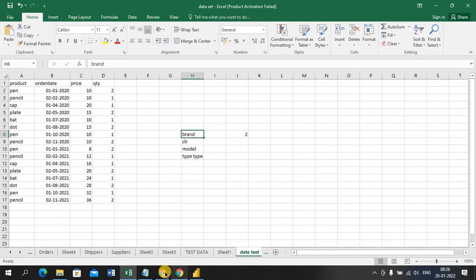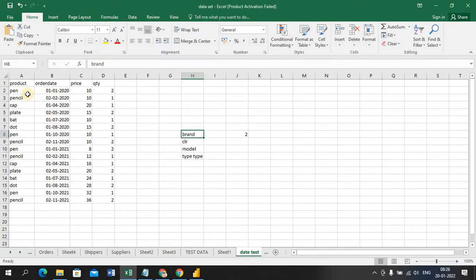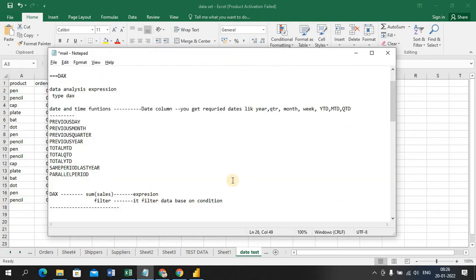Okay, now that is the filter concept here. Filter is nothing but it will filter the data based on a condition. If you apply any filter, like any selection, based on that it will perform. So while using DAX, the expression on filters is nothing but a context, I can say filter context. This is very important guys. For every DAX function you should first understand what is the expression and what is the filter. So we'll go one by one here.